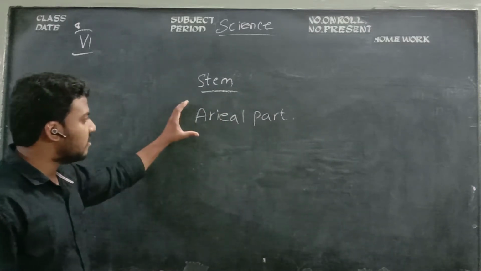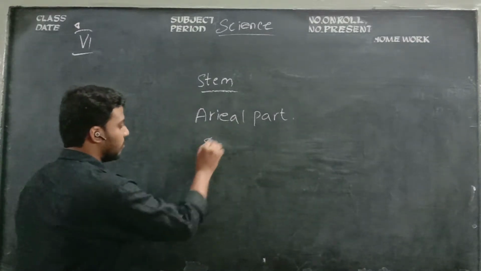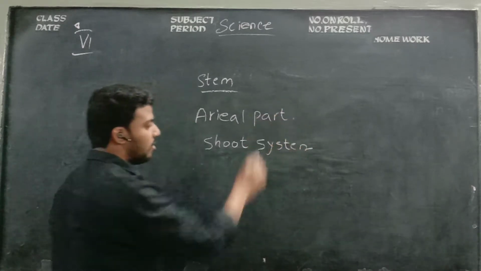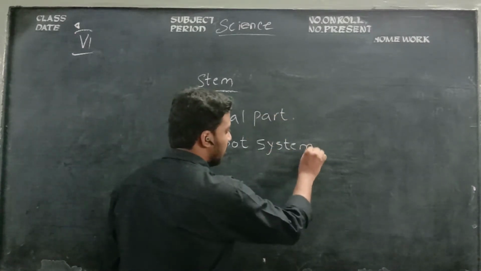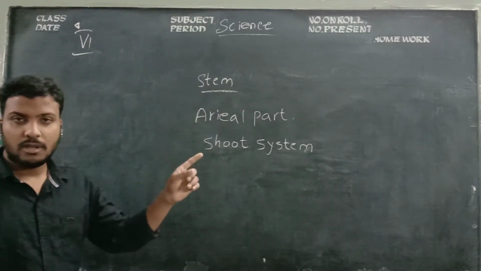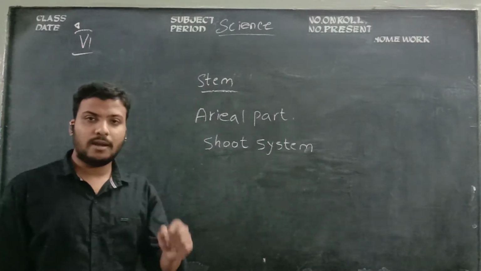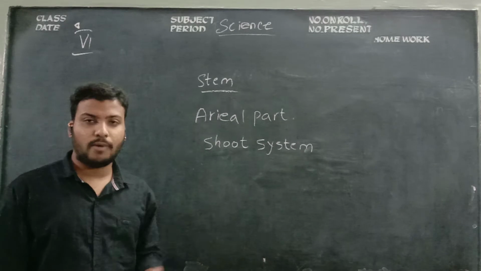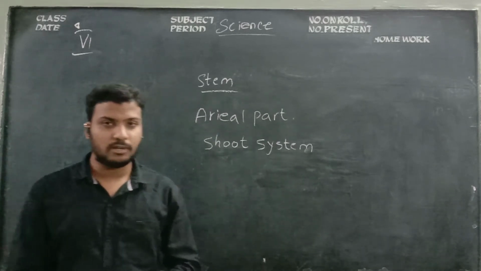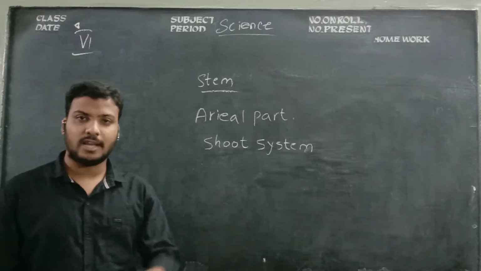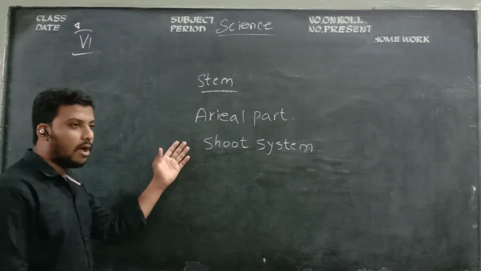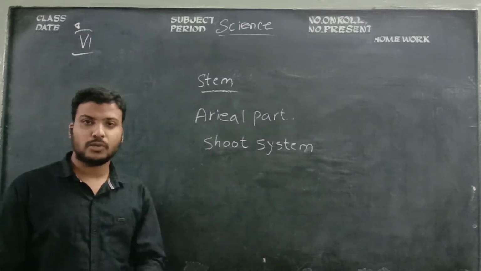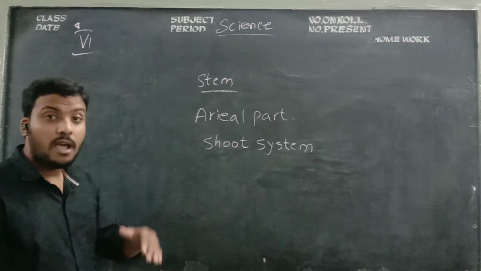And we can mainly say shoot system, children. Shoot system means the aerial part of a plant body mainly contains the shoot system. This shoot system contains stem, flowers, fruits and leaves. But among all these four, the main part is the stem, because it provides support to the entire plant, children. Yes or no? And the stem also grows above the soil. The roots grow below the soil, but the stem grows above the soil,